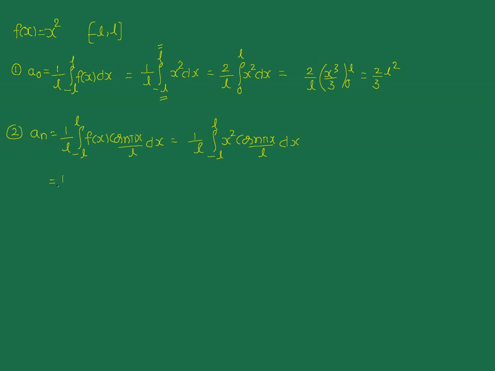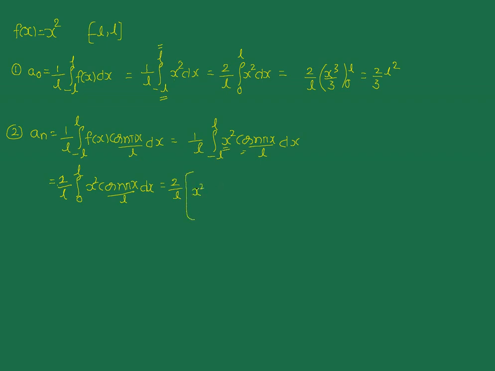Now x square is which type of function? Even function. Cos n pi x by L is also even. Even into even is even. Therefore this integration you can write as 2 by L into integral 0 to L x square cos n pi x by L into dx. So that is equal to 2 by L into